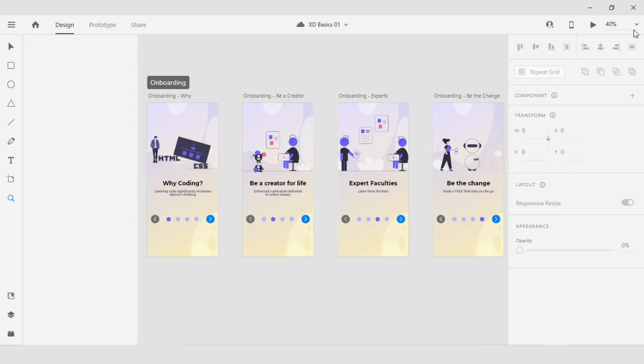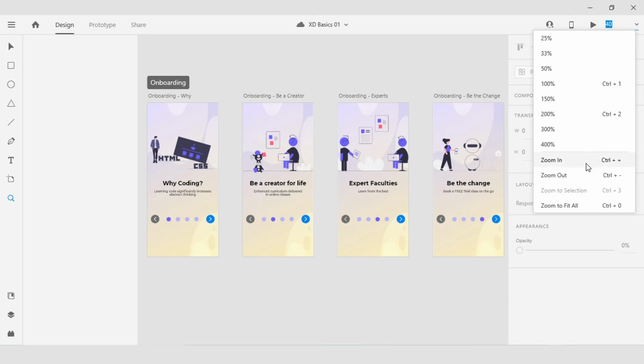Let's begin by navigating the design canvas. There are a number of shortcut keys that make this possible. To begin with, I can see everything on my design canvas by selecting under View here, Zoom to Fit. On a Windows machine, you will see some of the same options in the upper right hand side of the application,